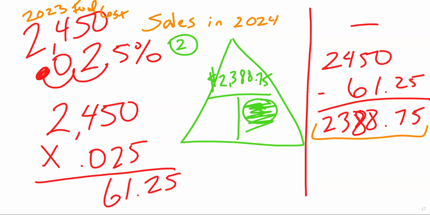And the question says we want to maintain a 30% food cost. So the first step is what we did, we decreased. And now since we have the decrease, the new projected forecasted decrease, we can take that number,